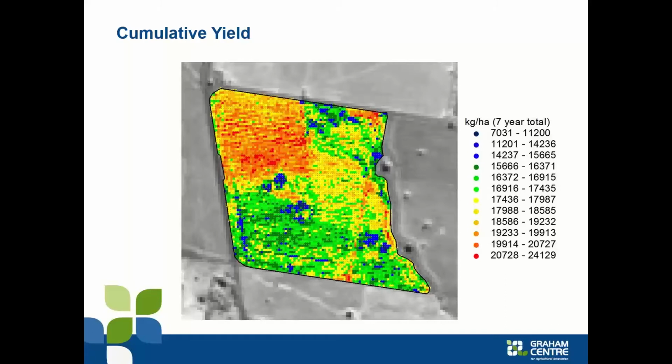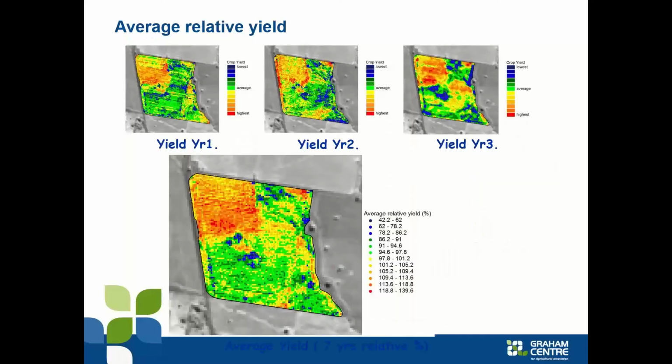And when we start showing maps like this to producers, it becomes much more obvious that they'd really like to be doing something about it, but they'd like to understand more about the patterns and what's involved. And also, because of seasonal conditions, it can be quite a different scenario from one year to the next, one paddock to the next. And so it might be that actually generating an average yield is a better way to go.